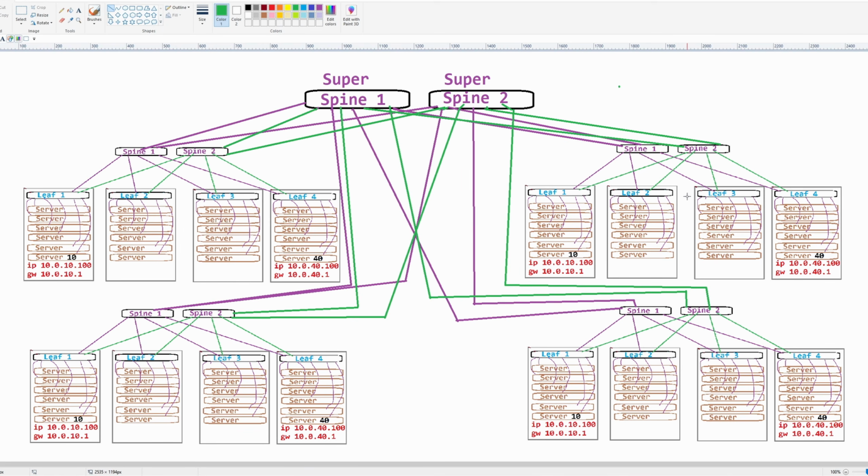The mess, sorry. Even with keeping the colors separate here, this gets a little crazy. But now every spine is connected to every super spine with our redundant, non-blocking, load balanced links. And so we've effectively reinvented our 3-tier with our leaf, spine, and super spine,